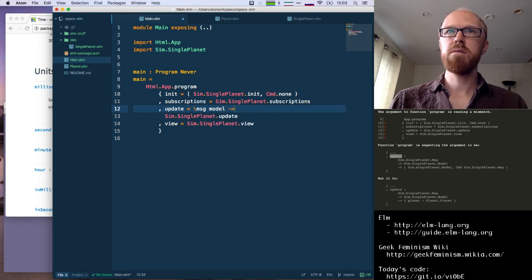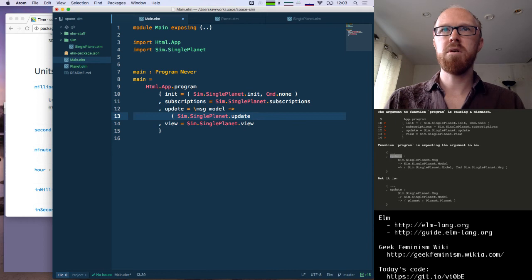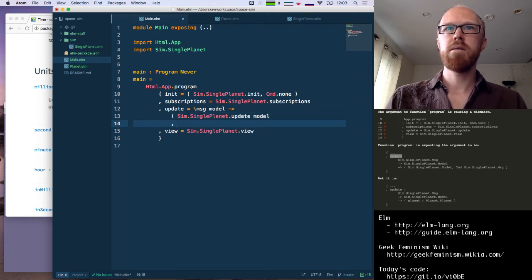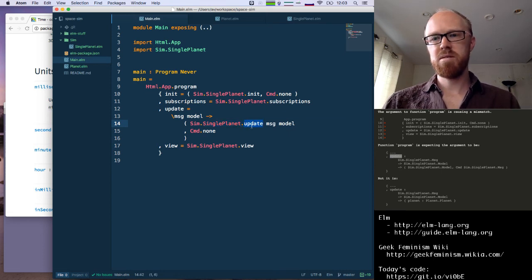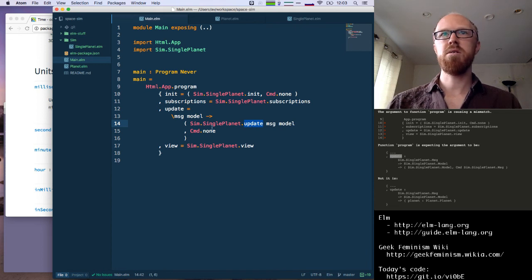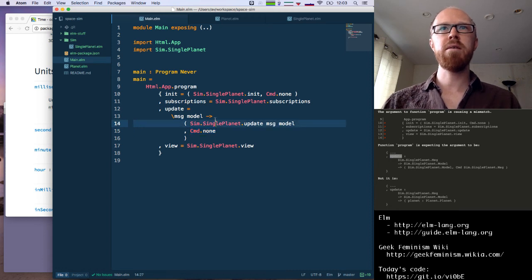Message model will return a tuple of calling update on the model with the message and Cmd.none. Since I really don't want to change the single planet update function to have to return a command, because it doesn't want to return a command. So I'll let that stay the same and just deal with tacking on the Cmd.none here at the outer level.